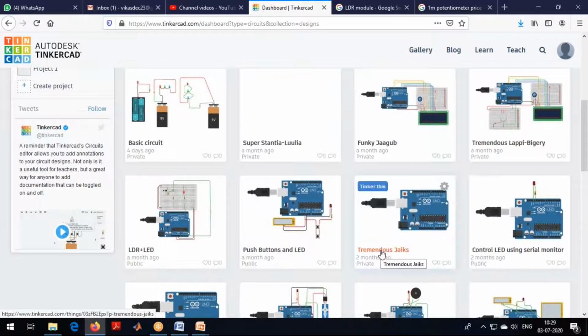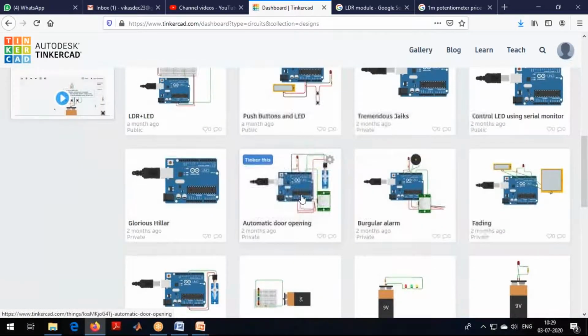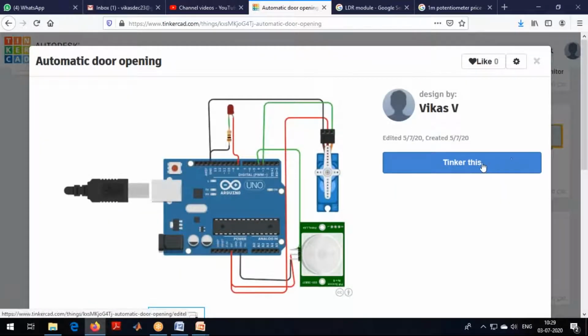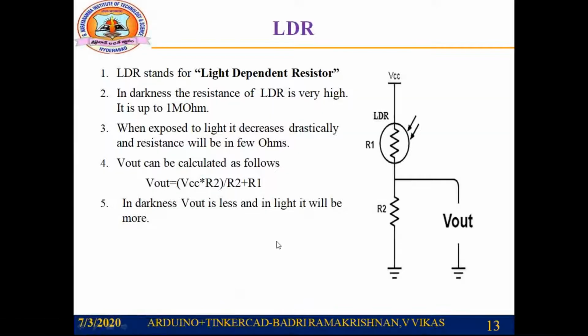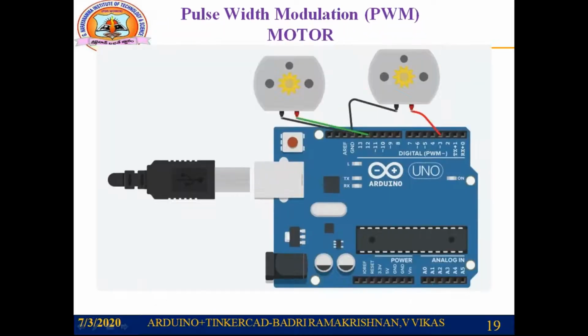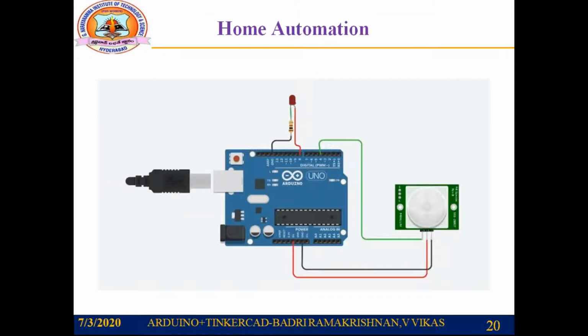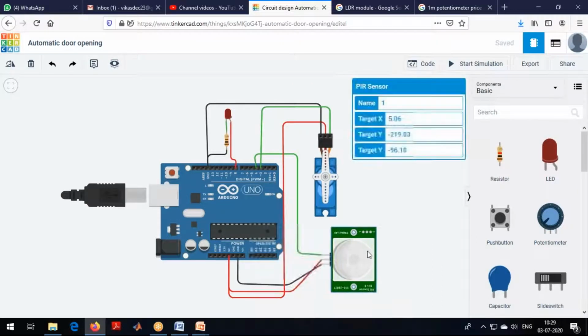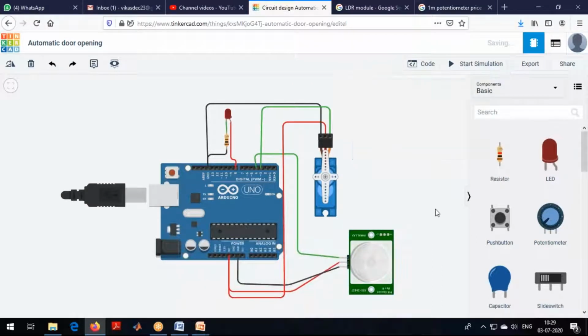I'll go with the PIR sensor first. First let me tell the connections over here.